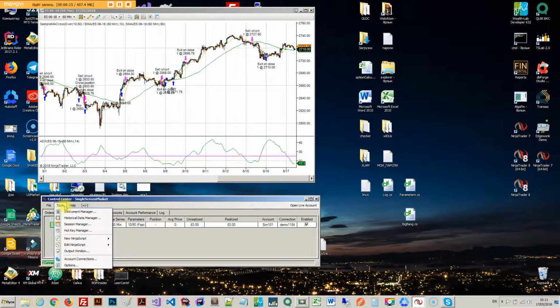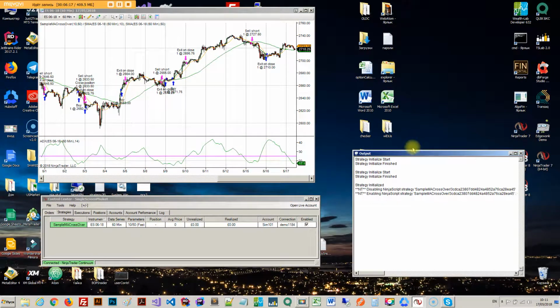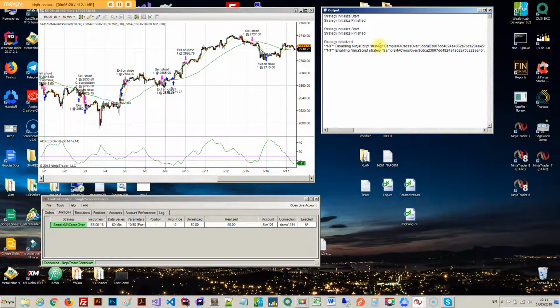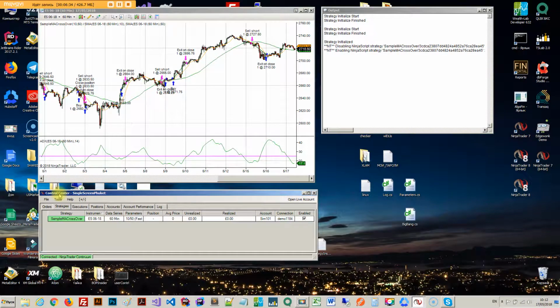Now tools. One more window you will need is the output window, which we'll be using a lot for debugging purposes, right? When you design your strategies, you need some kind of window that you'll output values into and check them, and this is going to be your output window. And the last window that we probably talk about in this small lecture is the actual